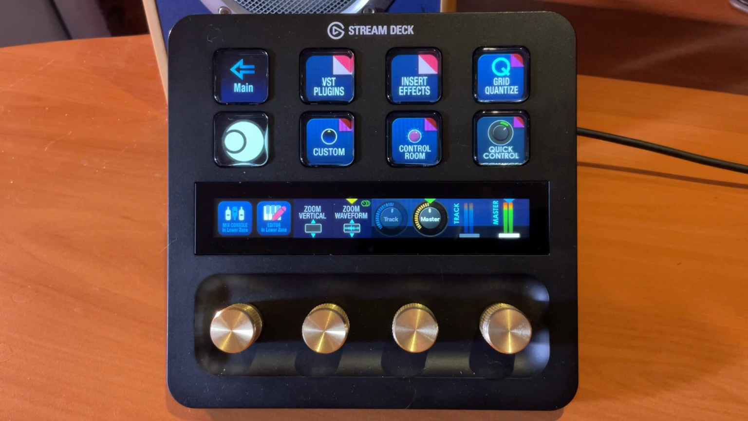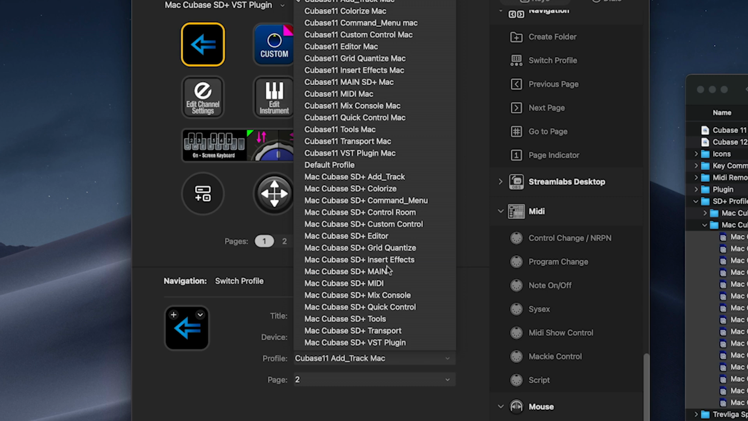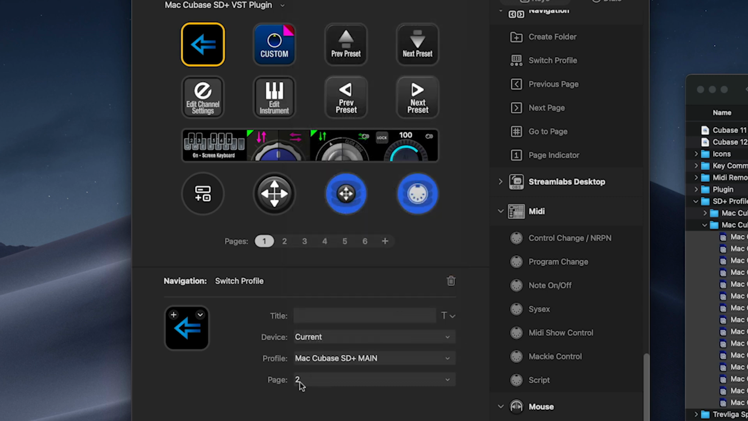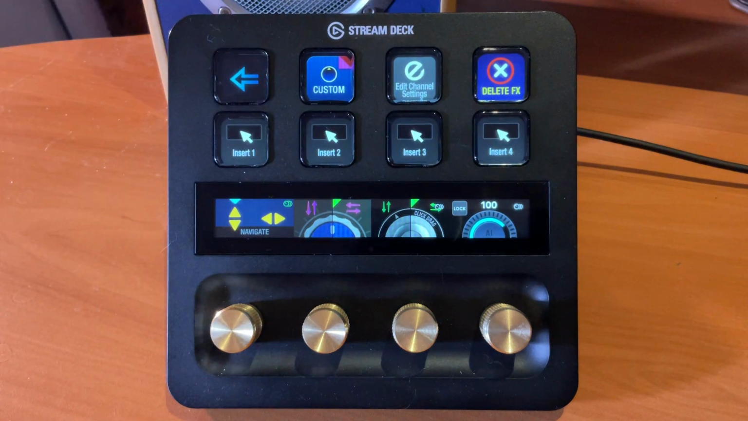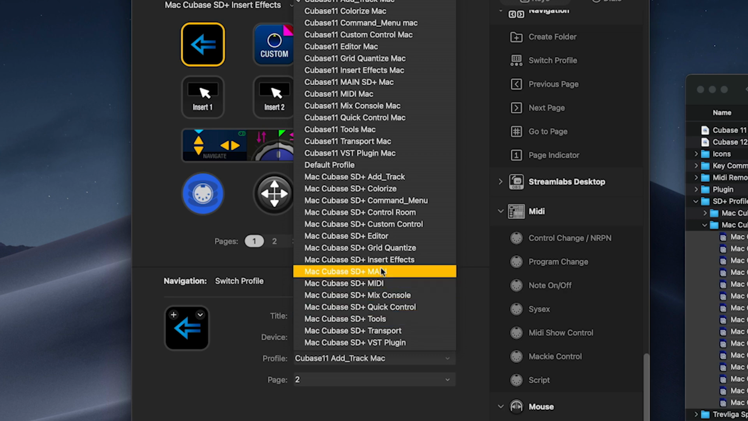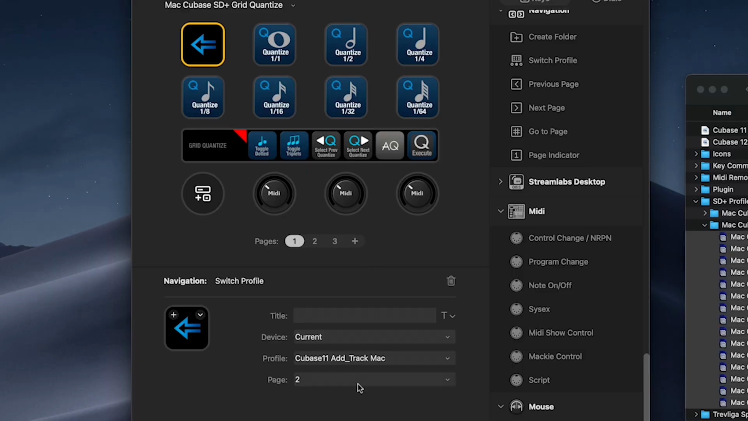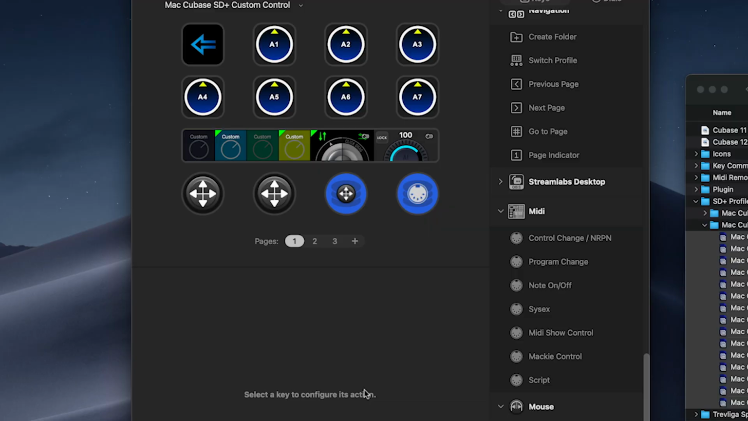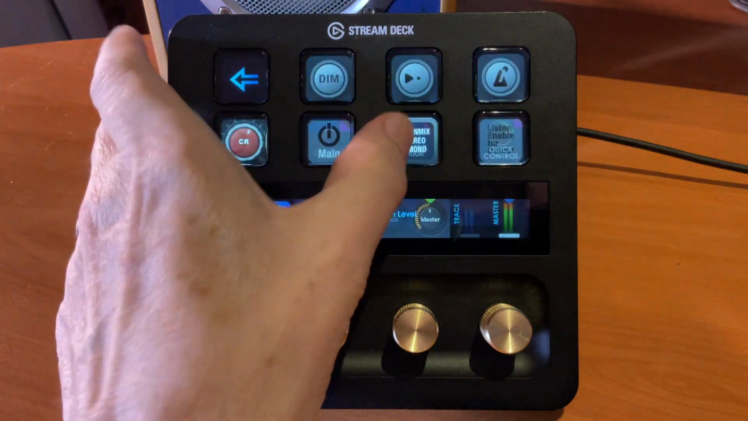Now let's send each of these profiles back to main. We're going to click on VST plugins, select its main key, send it back to main, but make sure that it goes back to page 2. Because when I press on this, that's going to take us back to page 2, exactly where we were. And that's going to be the case for all of these on page 2 of the main. So insert effects, we're going to press on that. Click on main, and it's page 2. Grid quantize, main, page 2. Custom, control room,